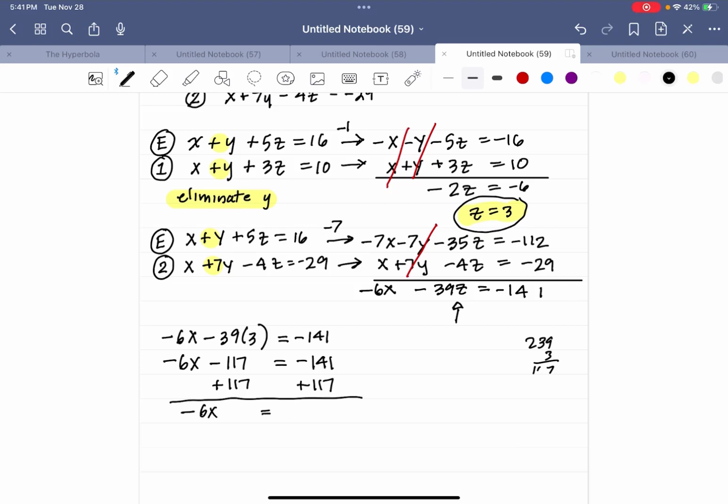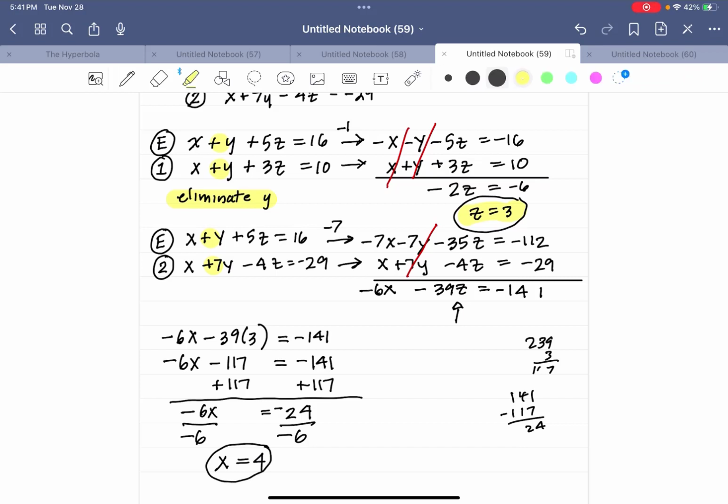-6x equals -24, and it's going to be negative because I've got more negatives than positives. Divide by -6, divide by -6, x equals 4. So I have x is 4, z is 3, and the last thing I'm going to do is